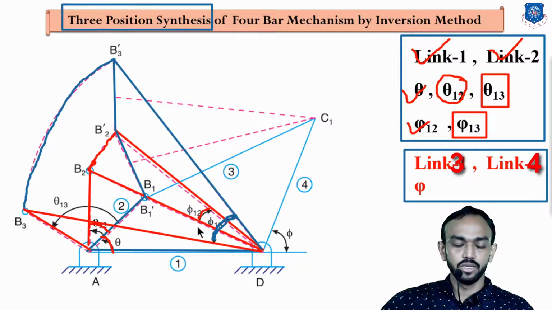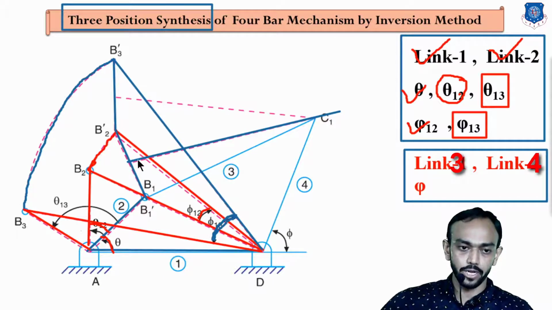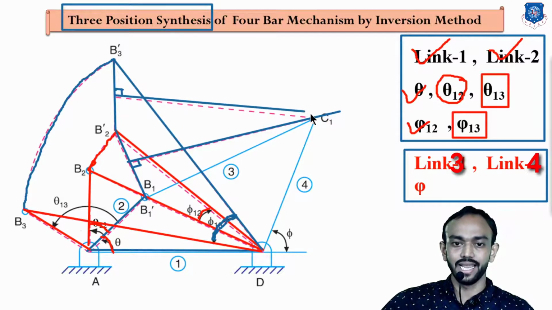Now what we are going to do, we are making perpendiculars to these lines, and these perpendiculars bisect at a midpoint, B1 B2 dash. At a midpoint we are going to make a perpendicular, a 90 degree angle, and the same for B3 dash and B2 dash. If you draw the 90 degree line, it will intersect at some point